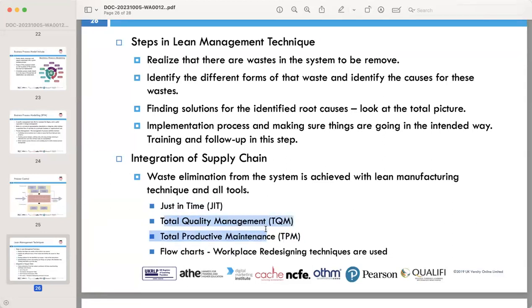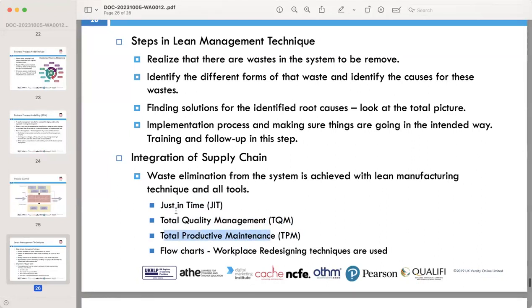The last point is very important: just in time. Obviously you always look after it, even in your company. For total quality management and total productive maintenance, there would be a team of engineers to maintain your products, or you always try to give better quality to customers. And flowcharts, you understand what flowcharts are. There might be flowcharts showing the whole process in your areas. Different charts show how the process is going on and where the process needs improvements.